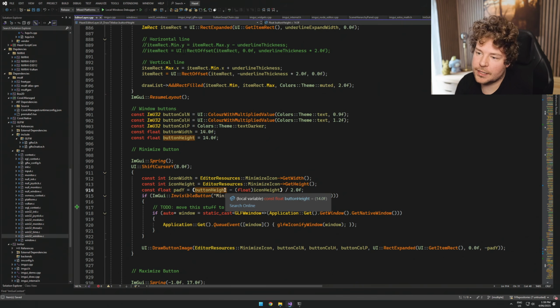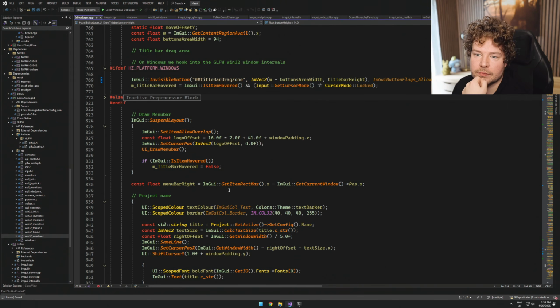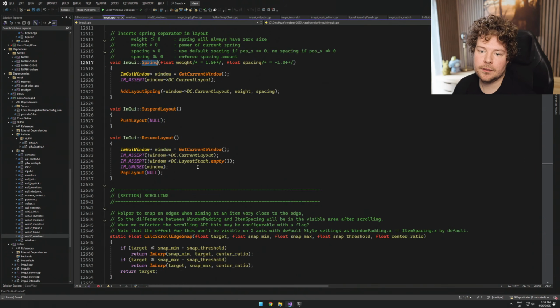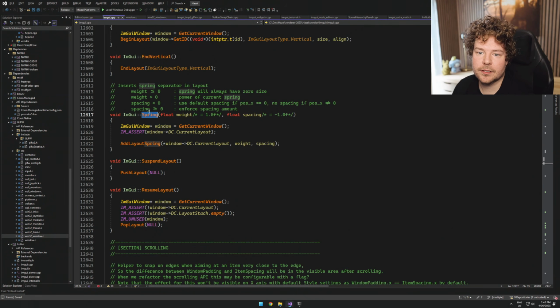I don't know. How do I align these to the top? What are these springs doing exactly? That's... Is that for vertical or